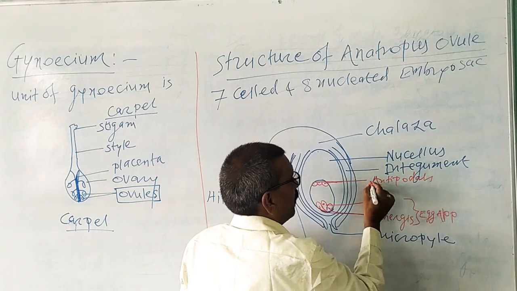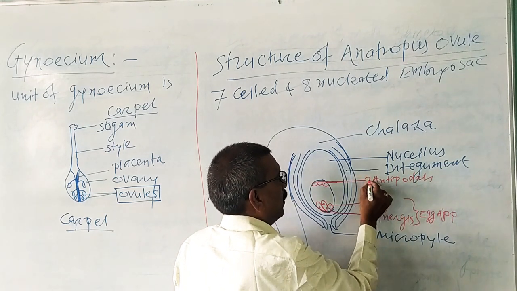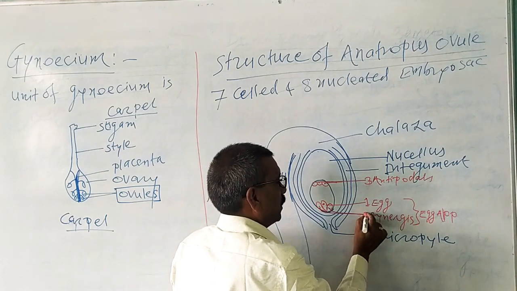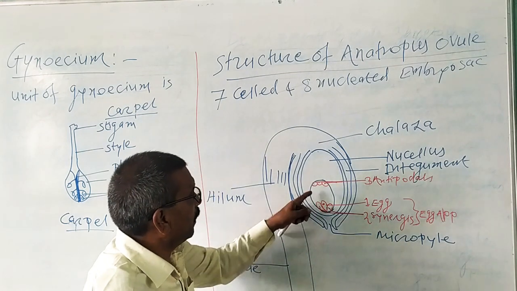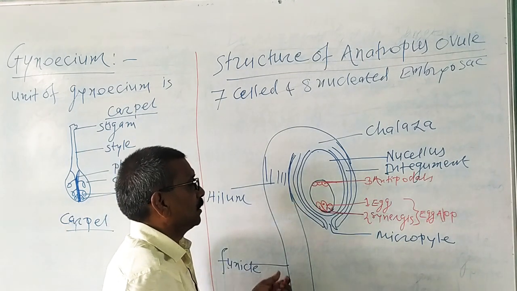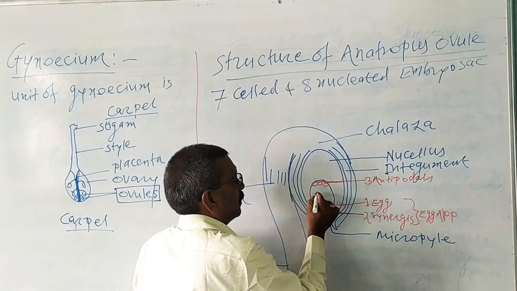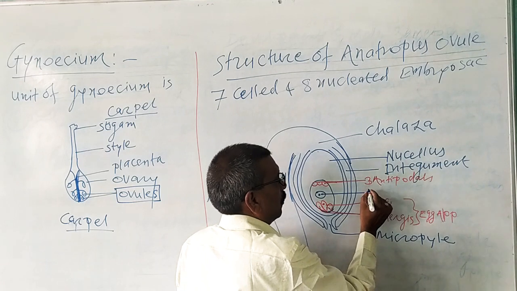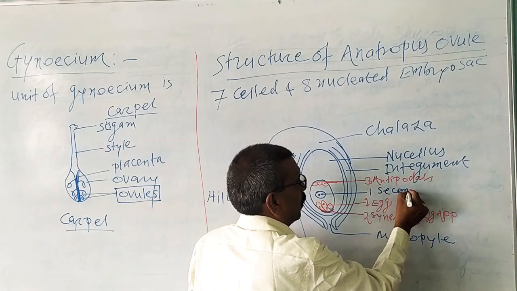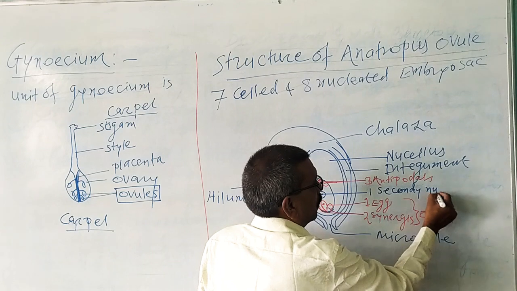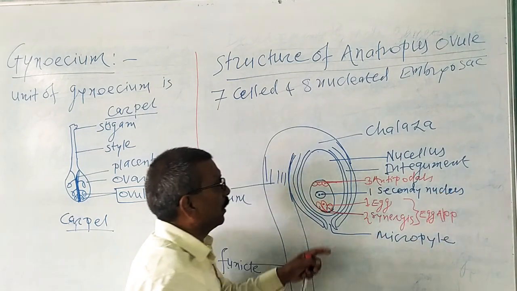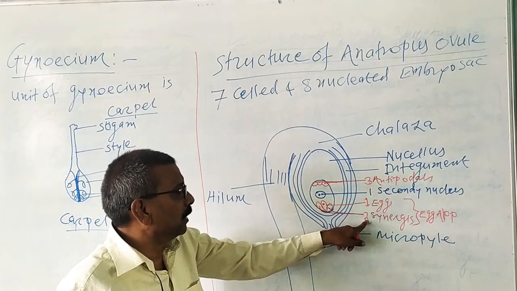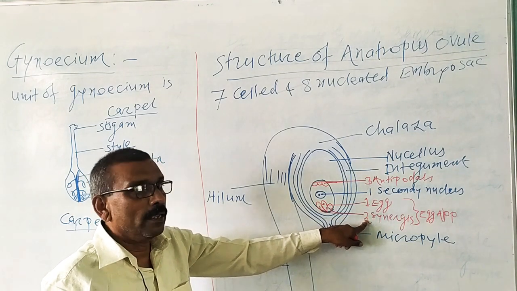Now here, how many antipodals? 3 antipodals. Then one egg cell and how many synergids? 2 synergids. Now the next one, in the center of this embryo sac or female gametophyte, a central large cell is present which contains 2 nuclei. That one is known as the secondary nucleus. Now all this together, 3 antipodals, 1 egg cell and 2 synergids together form an embryo sac